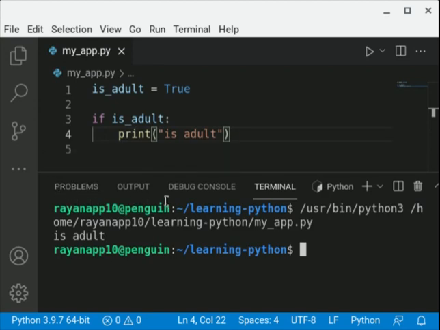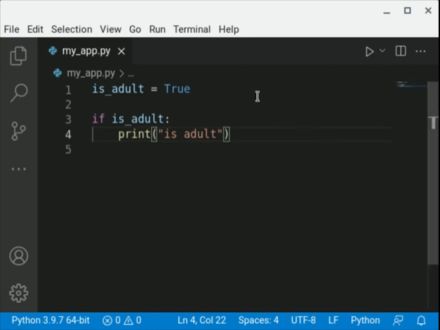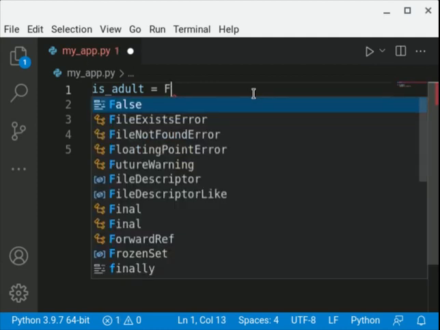So if I close it up again and change the expression on the first line from true to false, let me just do that. If I change it from true to false,